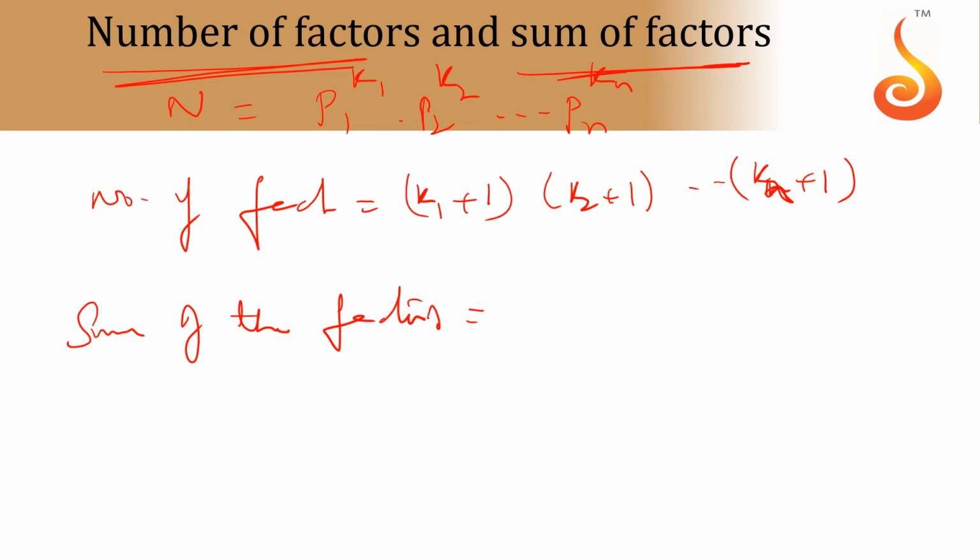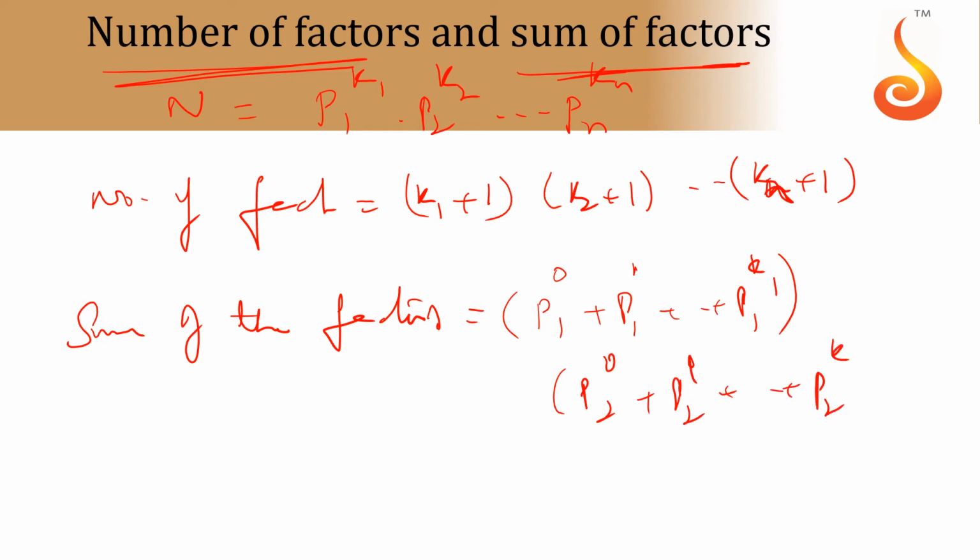The sum of the factors will be, because you have to create the chances, from that group p1 power 0, p1 power 1 plus so on, p1 power k1 all can come, into p2 power 0, p2 power 1, so on, p2 power k2, and so on, last bracket. Each will be a GP, so you write the sum of GP formula. Generally, which prime do we start any factorization with? 2 power, 3 power, 5 power, like that. So you may be asked, what are the even factors? How many even factors are there? What is their sum? So how to do it?